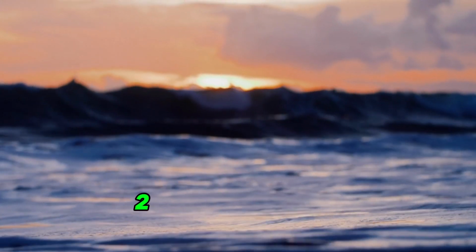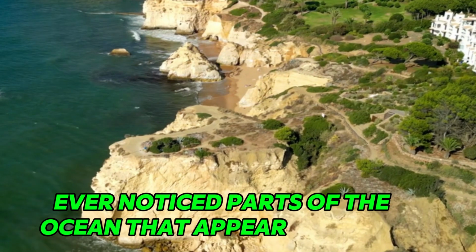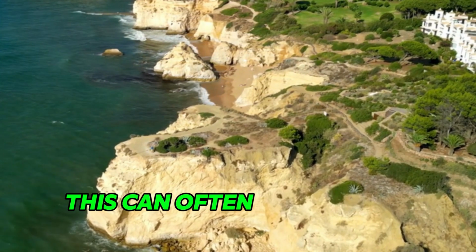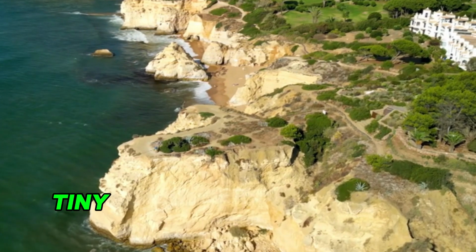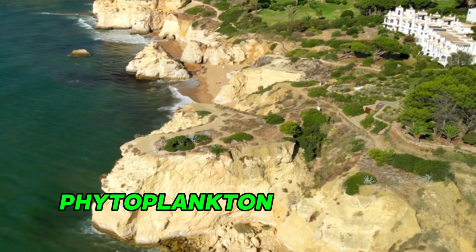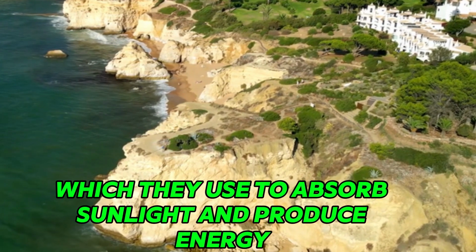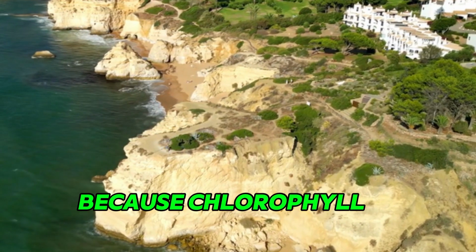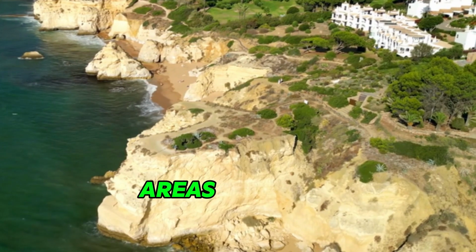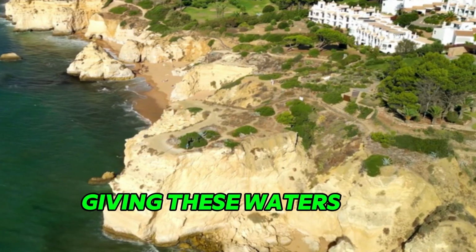2. Presence of phytoplankton. Ever noticed parts of the ocean that appear greenish? This can often be due to phytoplankton, tiny plant-like organisms that live in the water. Phytoplankton contain chlorophyll, which they use to absorb sunlight and produce energy. Because chlorophyll absorbs blue and red light, areas rich in phytoplankton reflect more green light, giving these waters a greenish